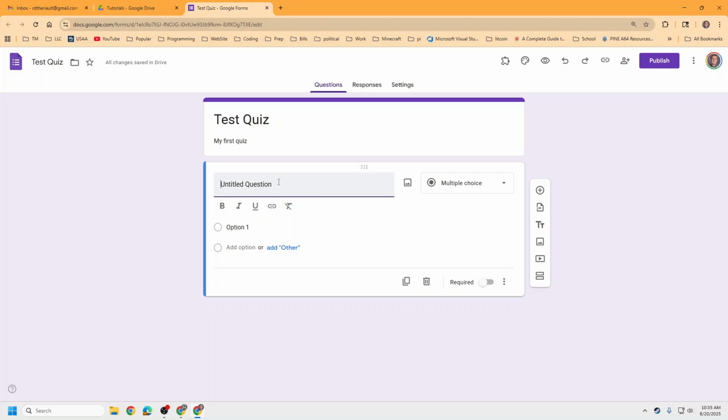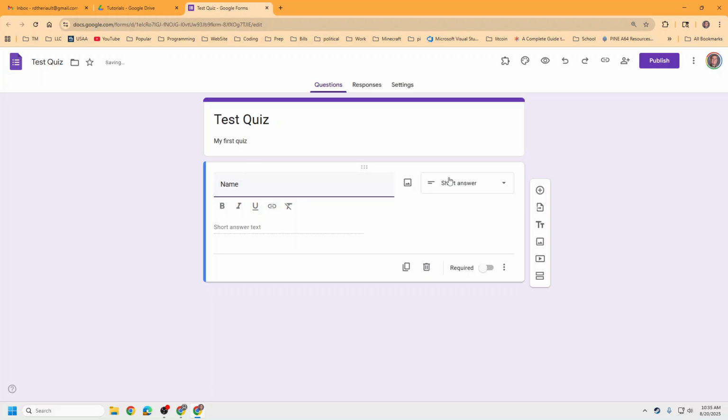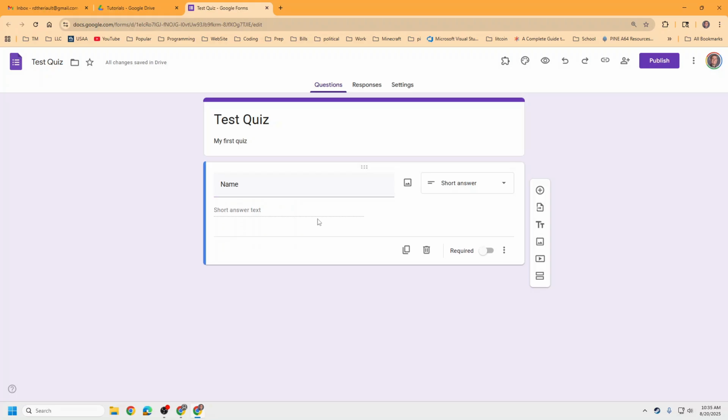So let's just go ahead and show you something, because the first thing we're going to ask them for is their name. Now notice it was multiple choice and now it's short answer, which makes sense, right? If someone's going to type their name, you're not going to give them options because that's a lot of names you'd have to type in the list. Now you can duplicate this question, you can delete it. I'm going to make it required because I need to know the name, and then there's a couple other options as well,